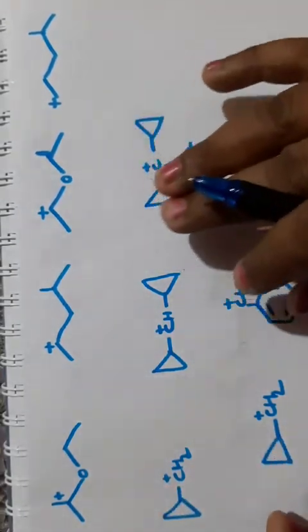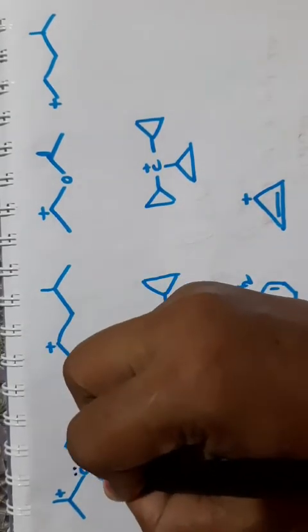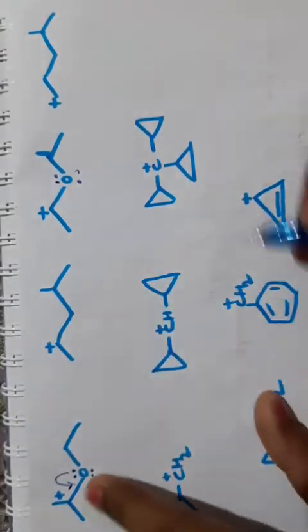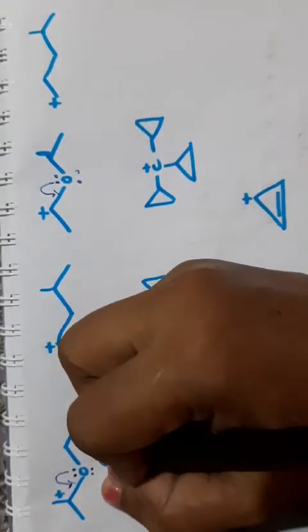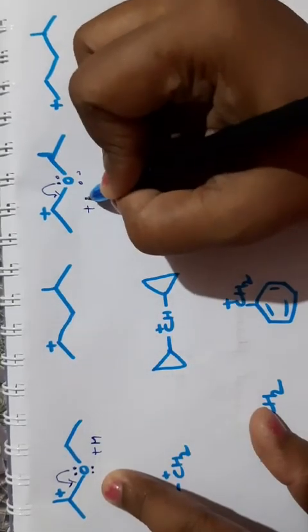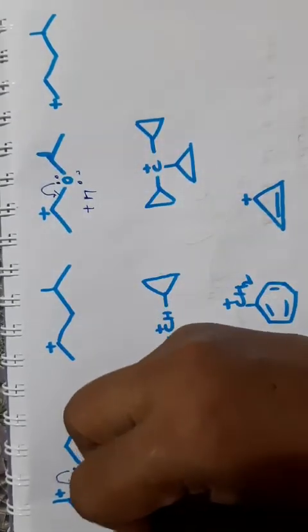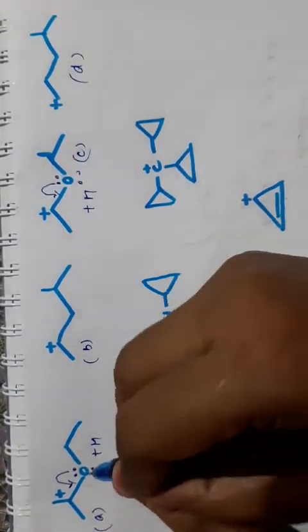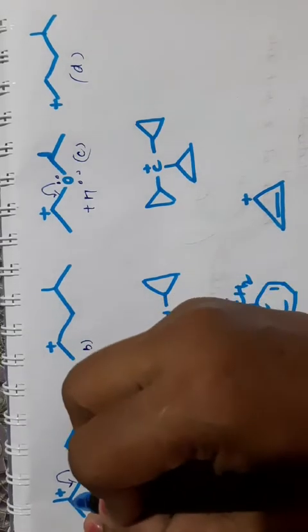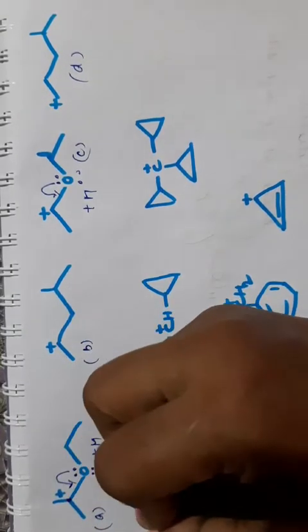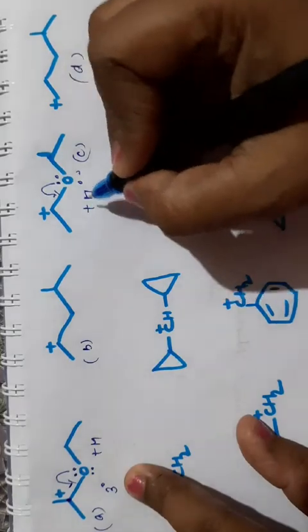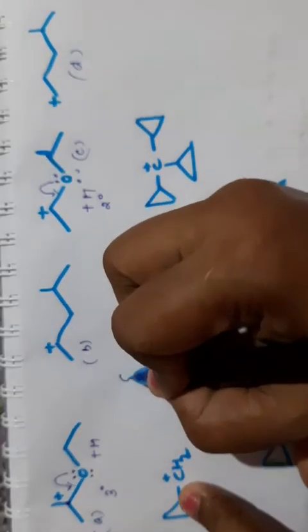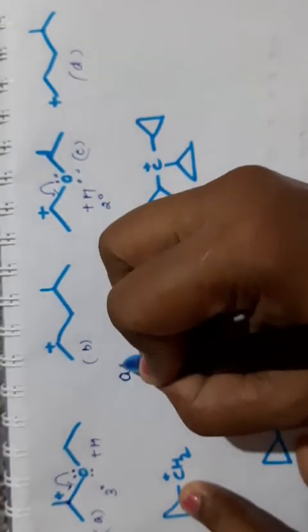Coming to the next structure, these are 4 structures given. This was asked in IIT 2008. There is a lone pair on this oxygen, a lone pair on this oxygen. So there will be a plus M effect here, plus M effect here. So these two will be more stable compared to the other two structures. I am writing this A, B, C and D. Now there will be delocalization in this. Now we will see for this carbocation. This is a 3-degree carbocation, this is a 2-degree carbocation. So out of these two, which is more stable? A is more stable than C.